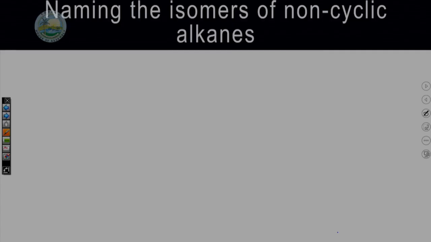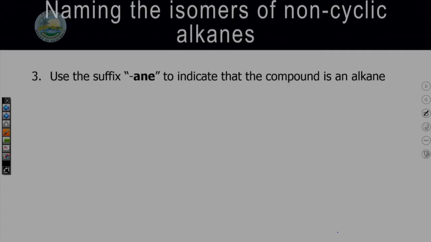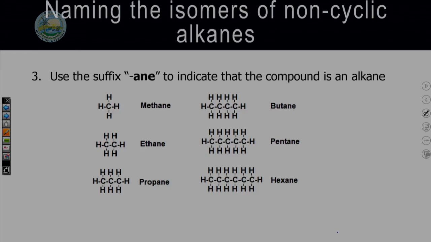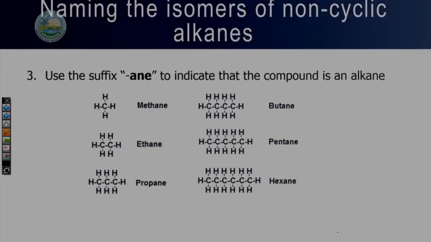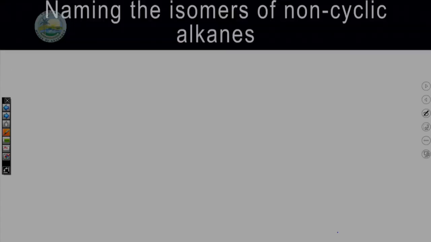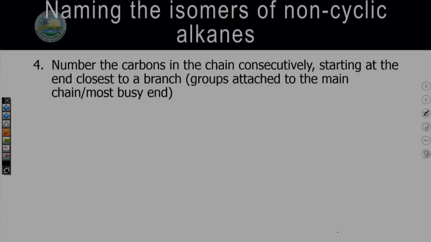So let's move ahead. Naming the isomers of non-cyclic, so we're continuing. Use the suffix "ane" to indicate the compound is an alkane. So we know that part. Because of the chain, we know it's butane, so we call it butane. And we know this portion already. Because it's related to an alkane, we use the word "ane" along with the words. All right? 4. Number the carbons in the chain consecutively,